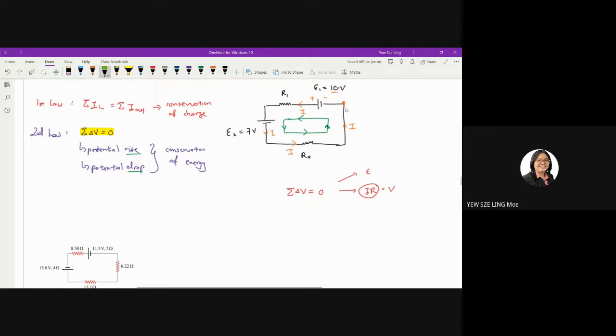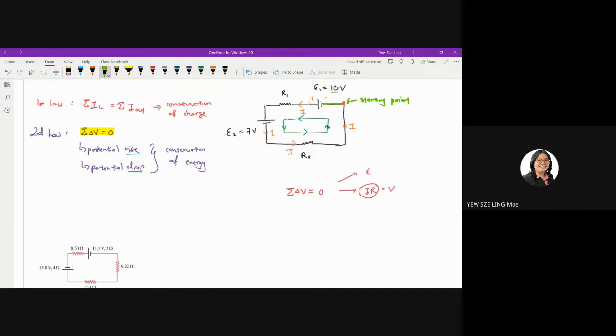So just now, I've already decided this one would be my initial point, my starting point. So what am I going to do right now? I'm going to follow the directions of current, and then I turn one round until it goes back to this point. So you see, it will pass us through how many components. So start from here. So the current is flowing,